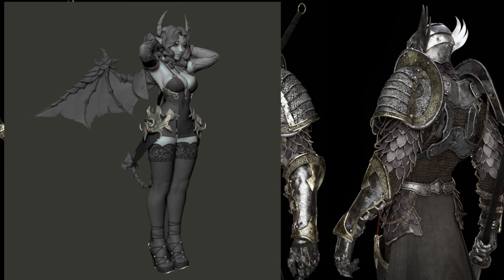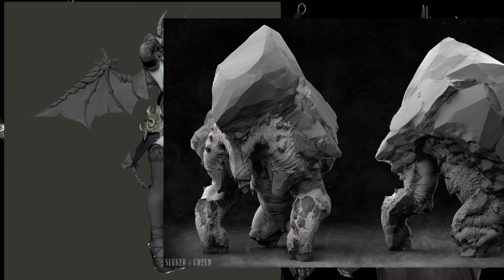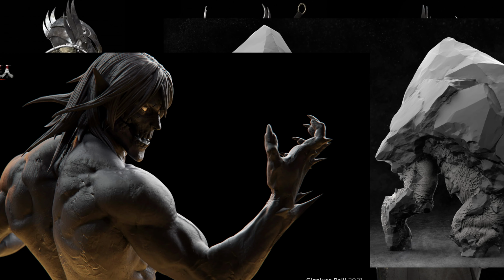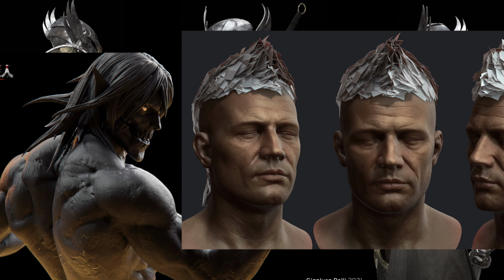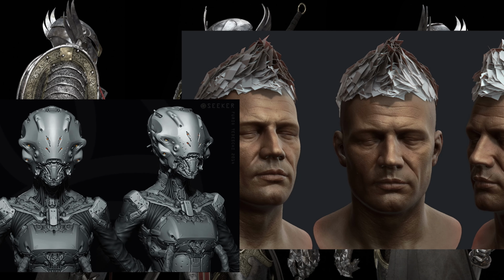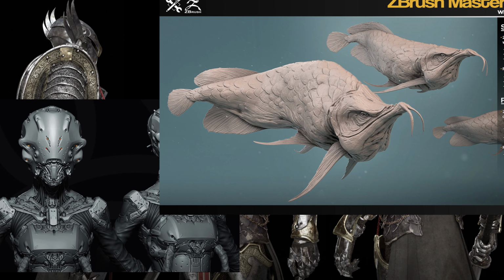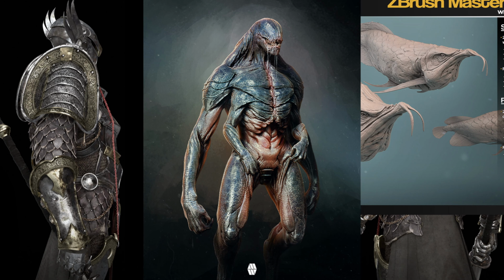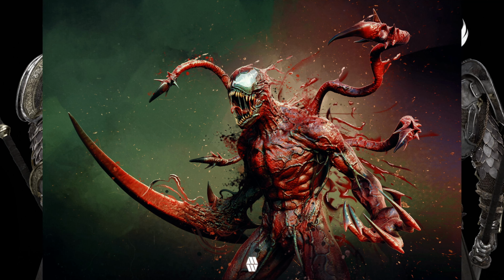And just to clarify, when we are talking about sculpting, we aren't talking about sculpting pots with clay. We're actually talking about digital sculpting like this. All of these are created inside of ZBrush. You can even do texturing and lighting and rendering inside of ZBrush to showcase your models in the easiest way possible.